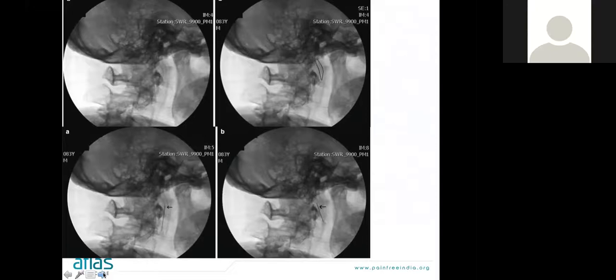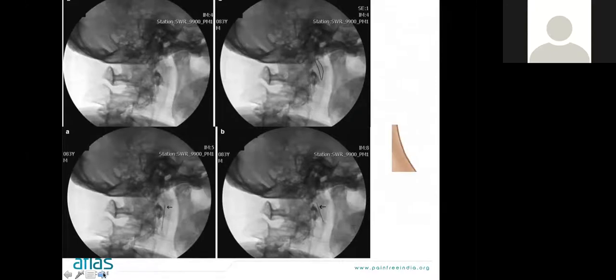Though it looks very comfortable and easy on screen, it is not that easy actually, because typically the first problem you face when you put a lateral view of the skull is to identify the styloid process, which keeps wandering off depending on whether the patient moves the head by a few millimeters this way or that way. But it's a very rewarding procedure. We put in some local anesthesia, the pain relieves, and then you can plan some pulse radiofrequency ablation of that